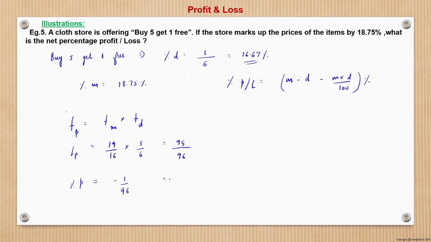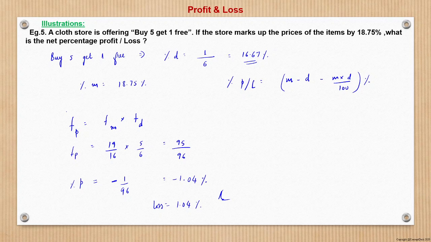What is 1 upon 96? 1 upon 100 we know is 1%, and here it is 1 upon 96, so it will be more than 1%. How much more? Basically it is 4 more, 4 over 96, right? So that roughly would come in the range of 1.04%, right? So this is a very approximate and efficient way of calculating the percentage value of fractions which are close in nature. Therefore we can say that the percentage profit is nothing but minus 1.04%, which is a loss of 1.04%, right?